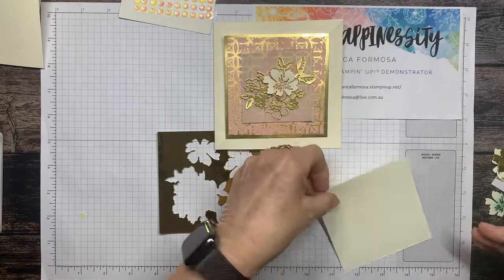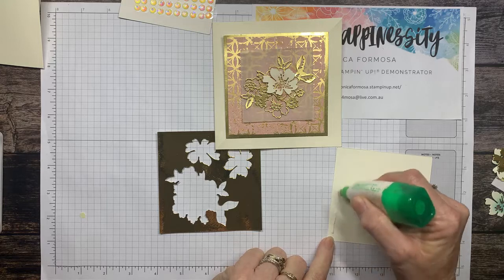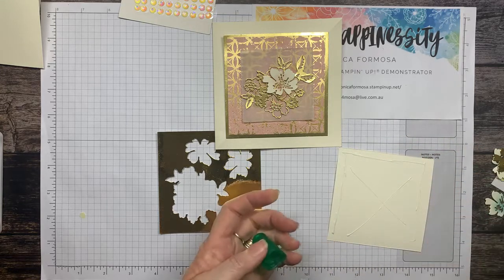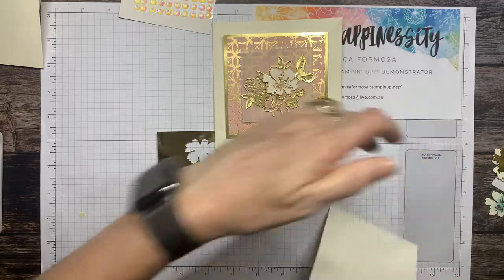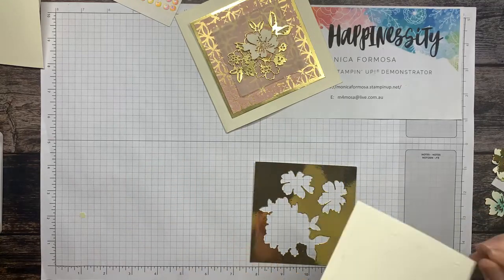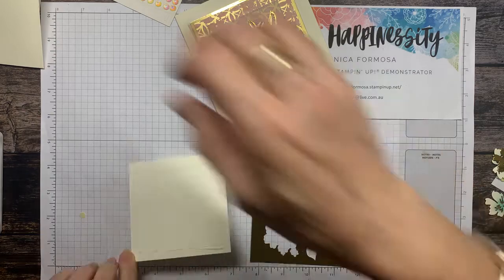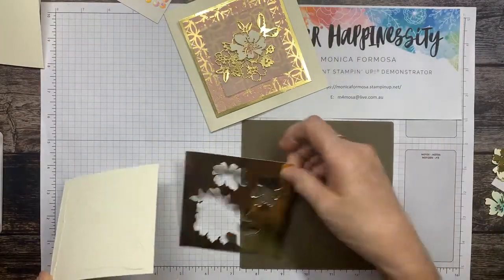Oh, look, here are my comments. Yes, Nikki, I decided, well, my other card, as you can see, this one is looking a bit shabby. Being a class card, it's been knocked around. I can't exactly post that one out in the mail, so I thought I would make a new one